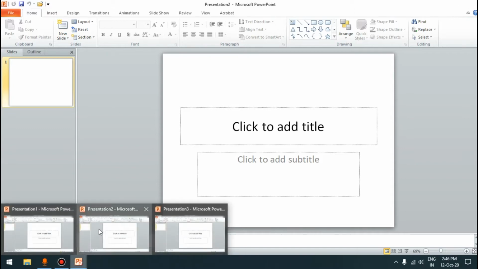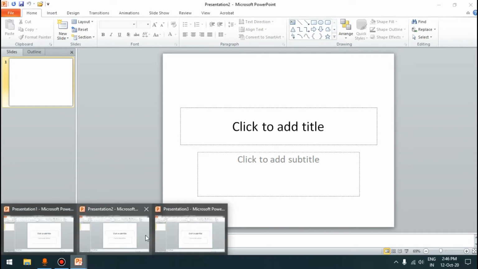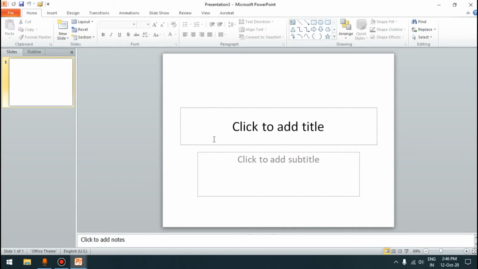Second one is this one, which we opened using File tab, after clicking New and then blank presentation option, and then clicking on create button. And this third one I opened using the shortcut key combination, Ctrl plus N.